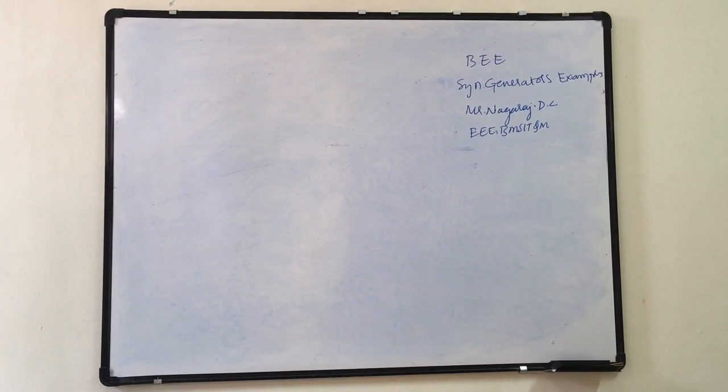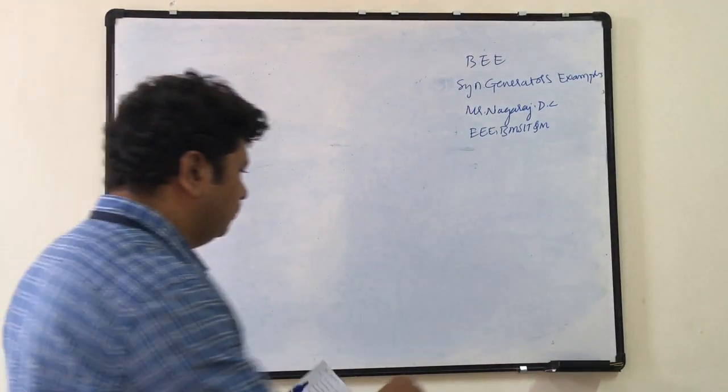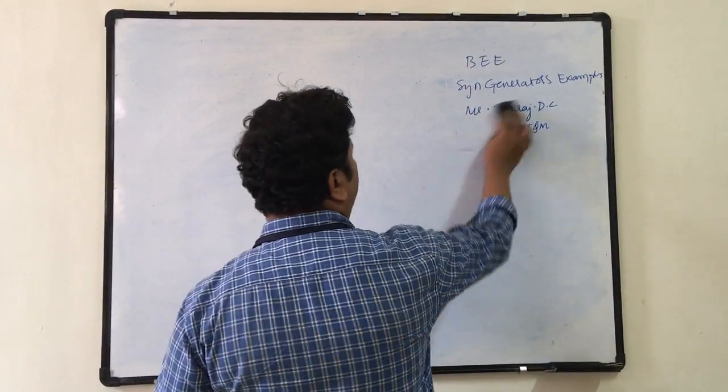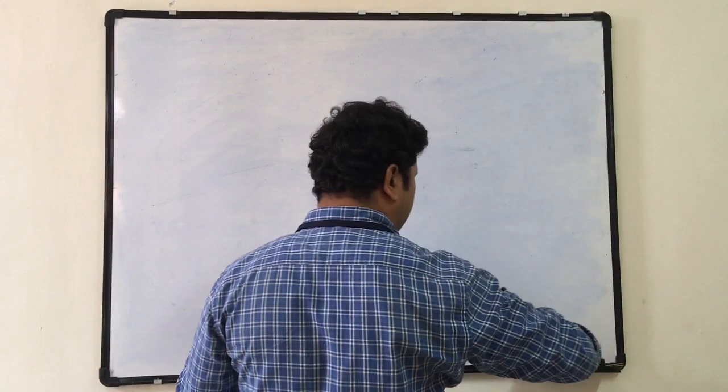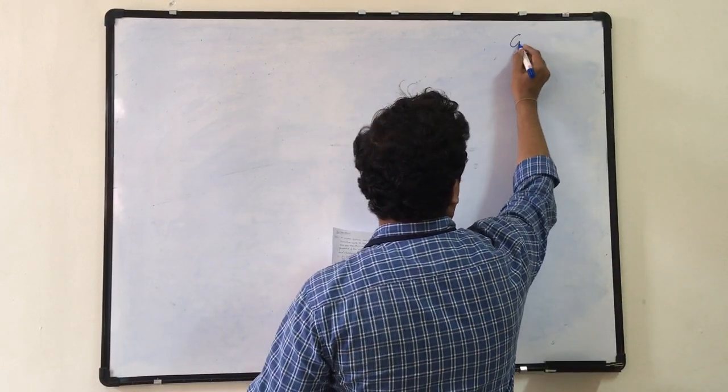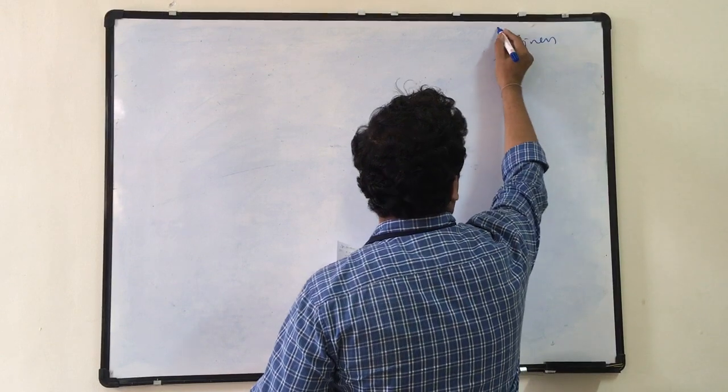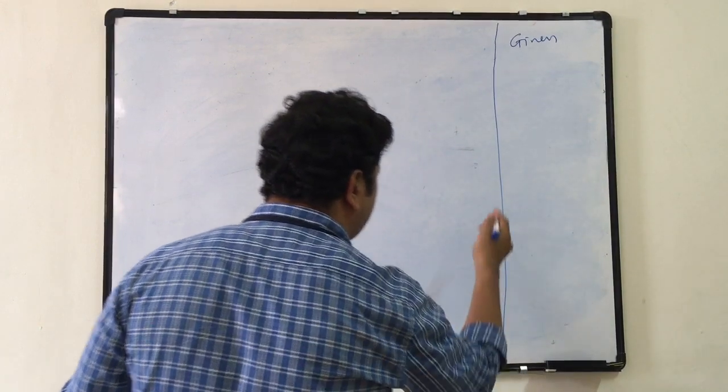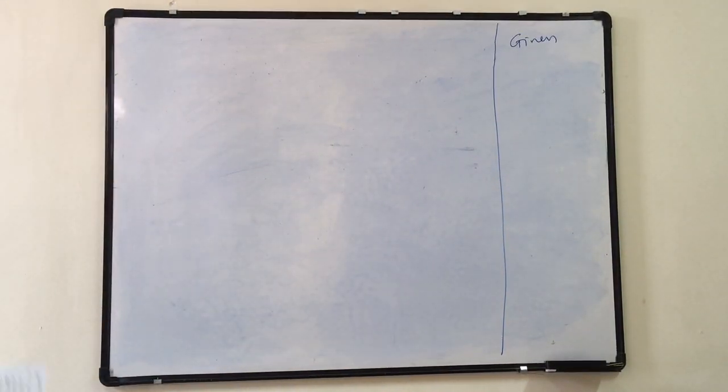Okay. So with those concepts dealt with in the previous classes, today we will move to a few examples on the calculations of synchronous generators. Okay. So I will read out the first problem statement. Meanwhile, I will be writing the given values of the statement. So these given things I will write in one corner. Let the space be for given things.